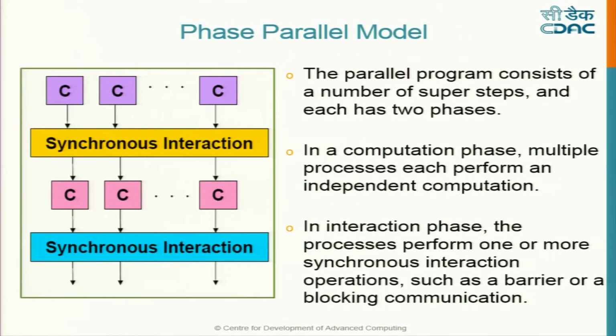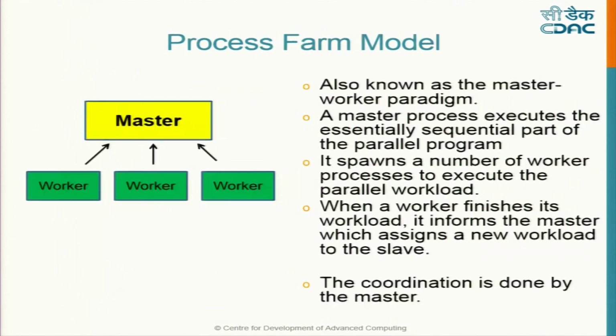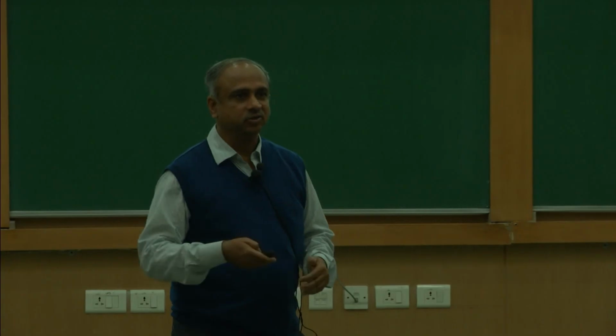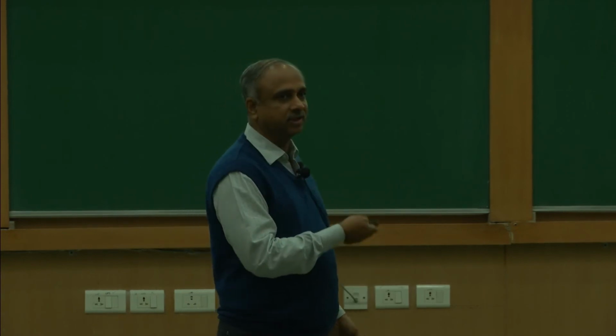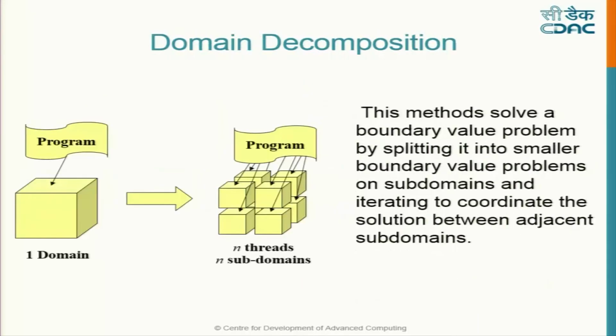So in fact, this model also can be converted into a master model, where the interactions are not amongst them but go to a master. Okay, so that can be done. So you have to decide which suits you best, whether the network and other things also matter, which one is the best algorithm for a given architecture.